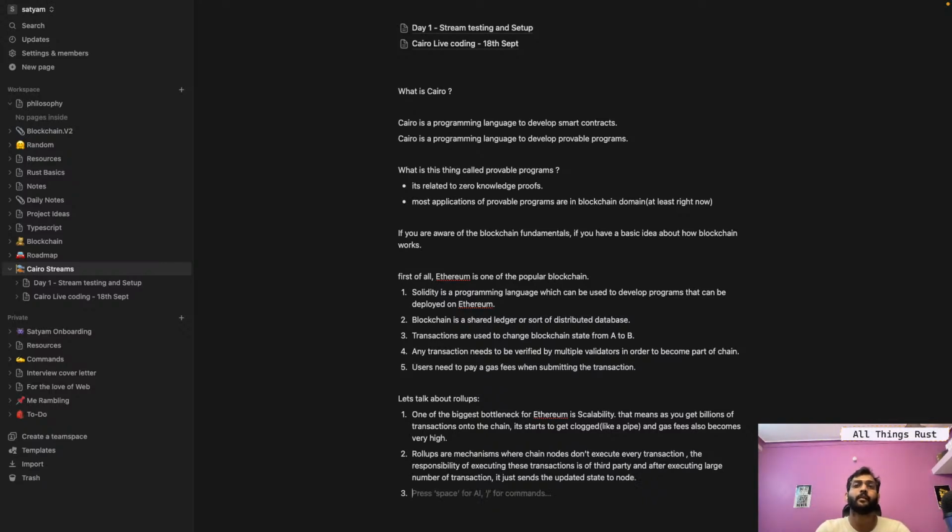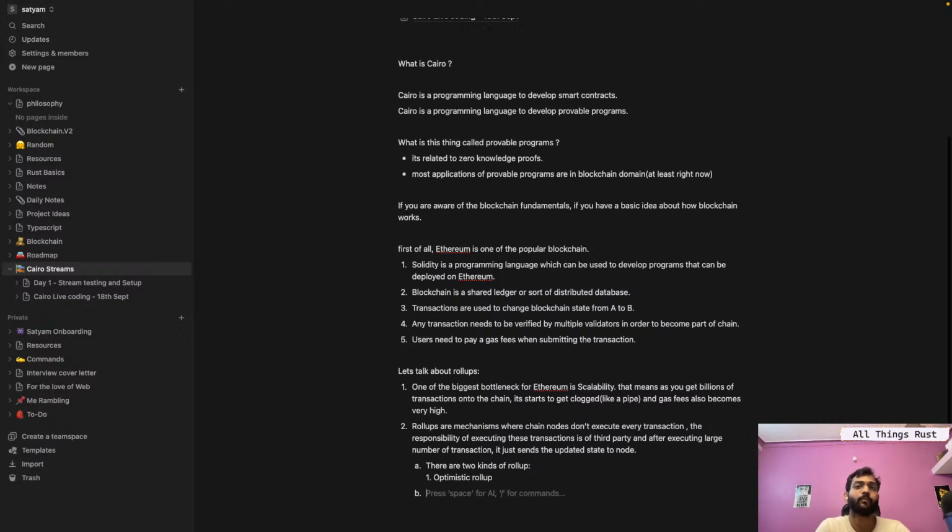There are mainly two kinds of rollup. I don't know if there are many other kinds, but I know two: optimistic rollup and zero knowledge rollup, right?